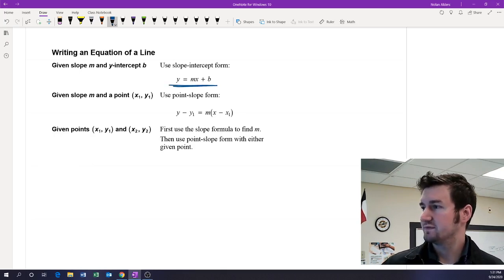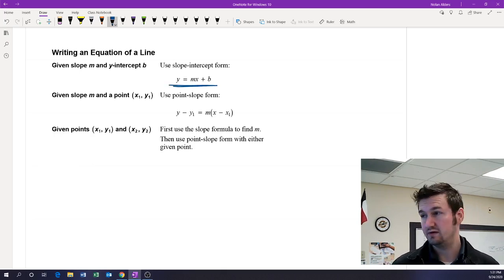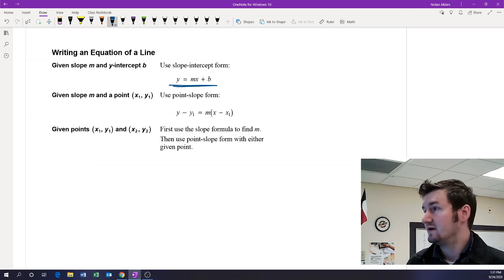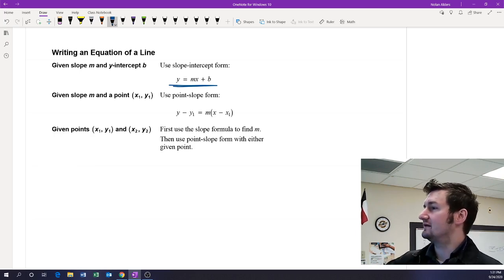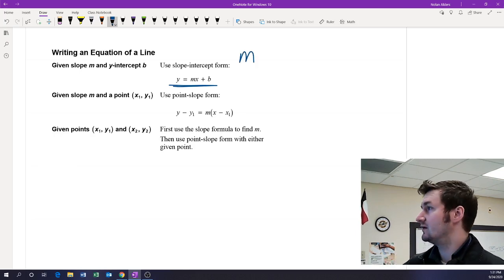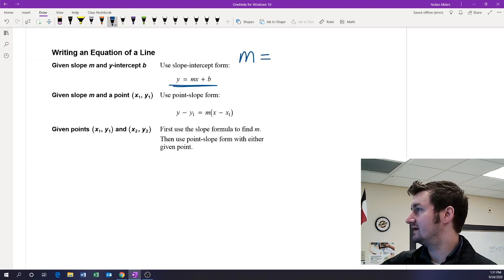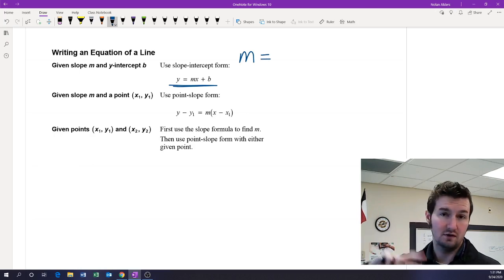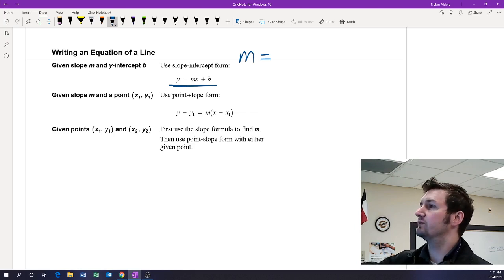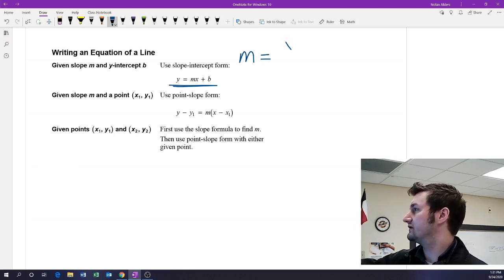So first of all, we want to be sure we're familiar with this form of an equation. This is called the slope-intercept form. And we have to know two things to use this. We have to know the slope, and we have to know the y-intercept. So remember that we can find the slope of a line, and we use m to represent the slope of a line. But we can find the slope of the line if we know 2 points that are on the line. So we can use the coordinates of those points, and we could do something like this,